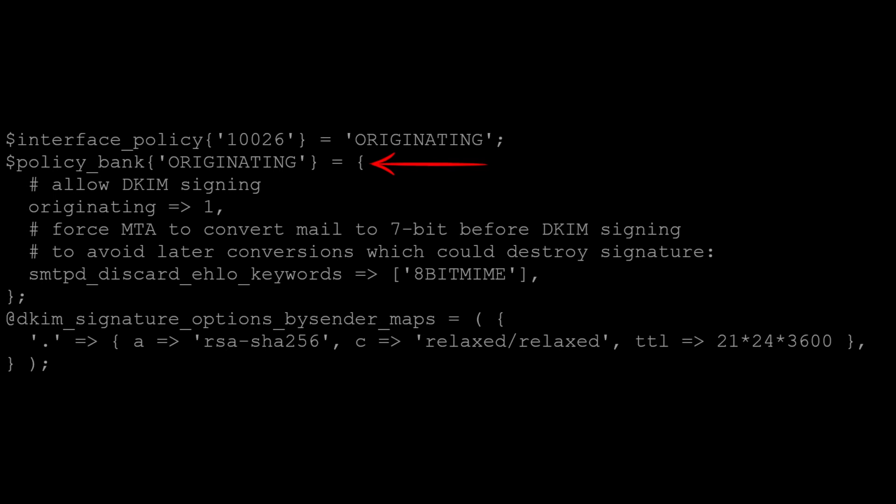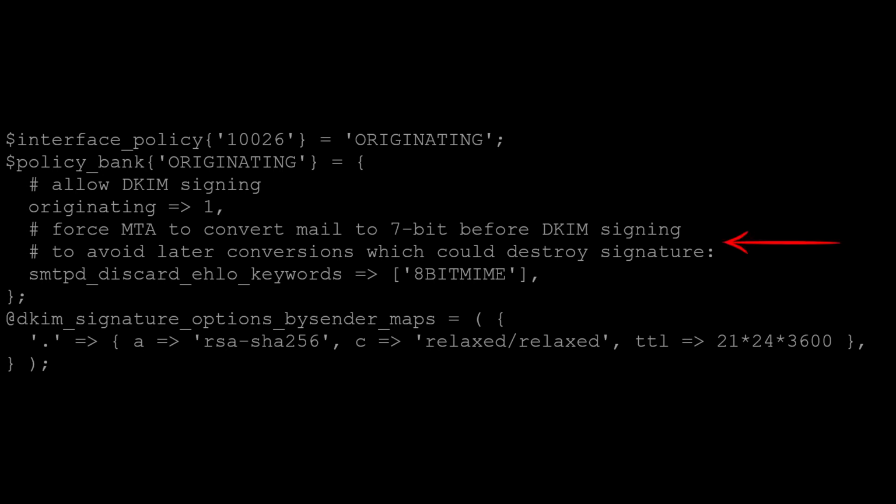We then define a policy bank block that defines the originating policy. And here we set the Amavis originating flag in lowercase to 1. Now this does have a special meaning because Amavis knows that if DKIM signing is on, anything that has the originating flag set to 1 should be DKIM signed before the email goes out. Now this is where we run into that bug I've been talking about in an old version of Amavis, in the version that's in the Bionic repository. If we had that version running, setting originating equals 1 wouldn't do anything,